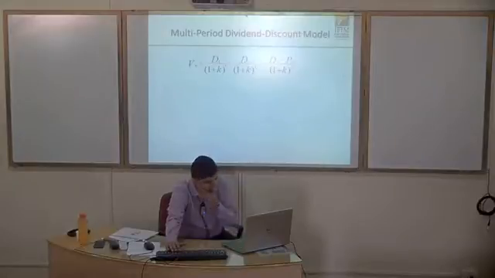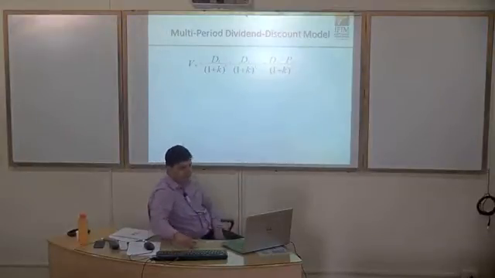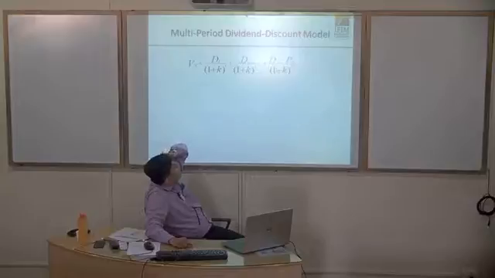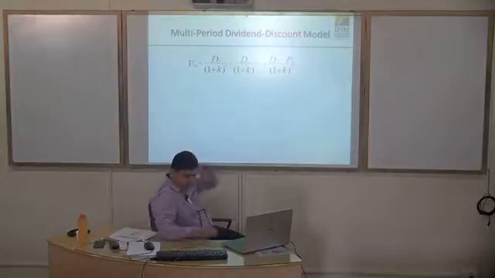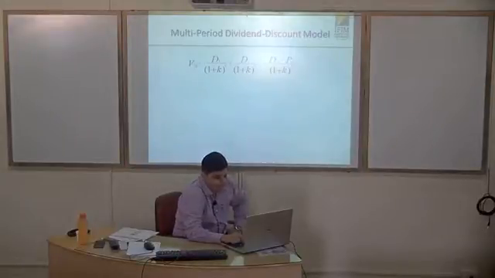So, multi-period dividend discount model. D1 divided by 1 plus K to the power of 1, and so on up till Dn plus Pn divided by 1 plus K to the power of N. Pn is the expected sales price of the stock at time N. N is the number of years the stock is to be held. So if I